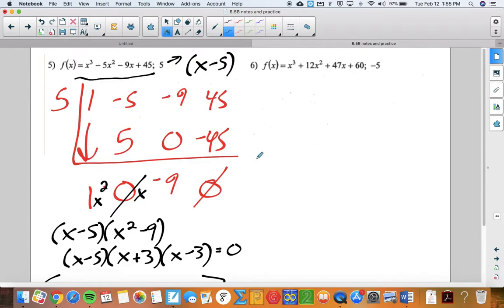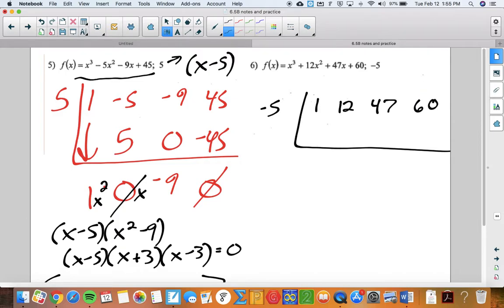Let's try the next one. Alrighty, so -5 is getting substituted in. Coefficients are 1, 12, 47, and 60. Drop down your leading coefficient. Multiply, add, multiply, add, multiply, add. No remainder. Constant term, x term,